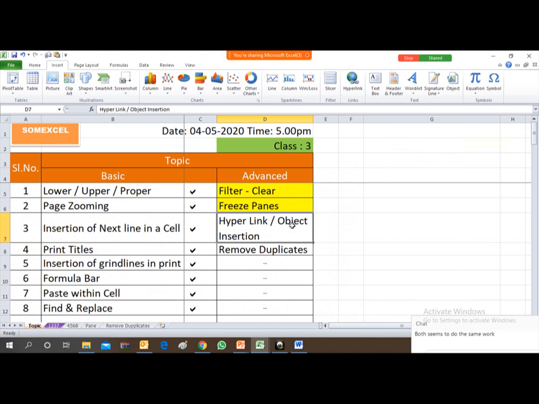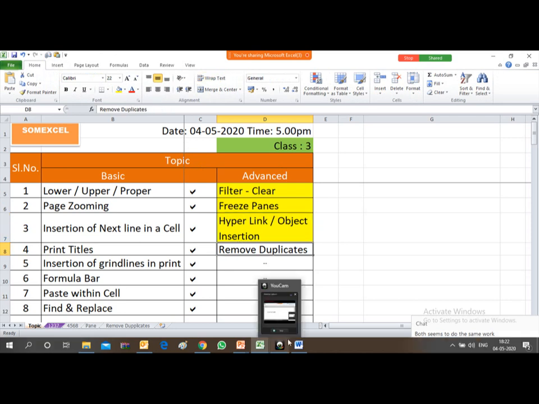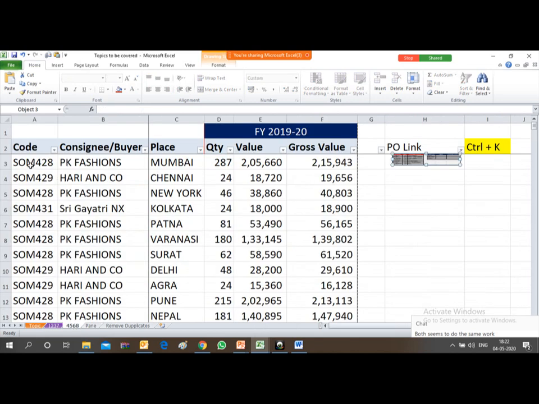So friends, we have covered this also. Now our last topic is removing duplicates. Friends, it's again an important function, and it will be very important while we cover VLOOKUP.